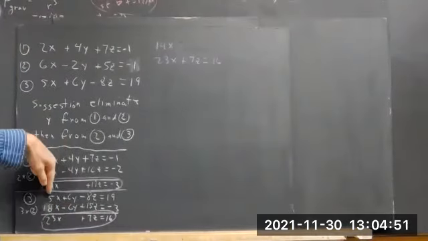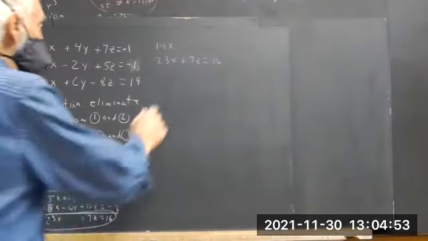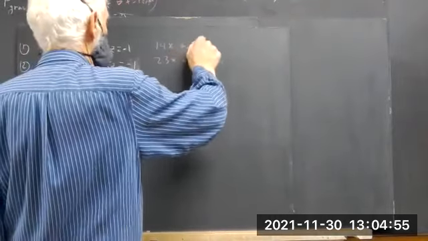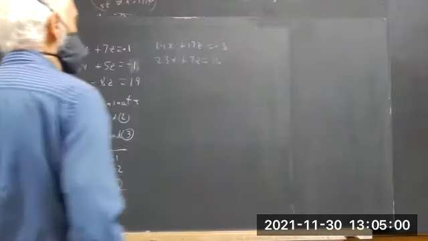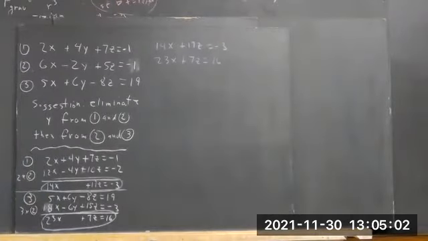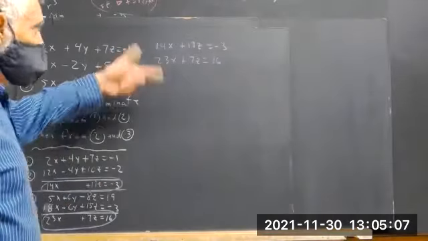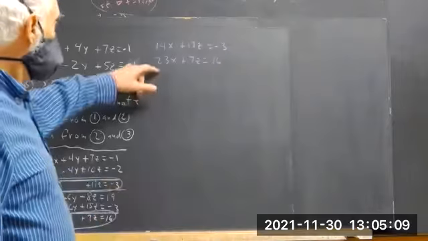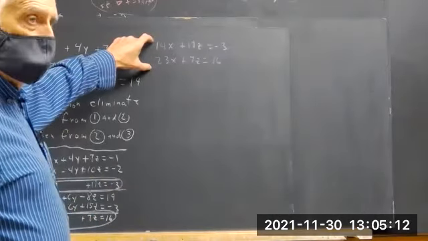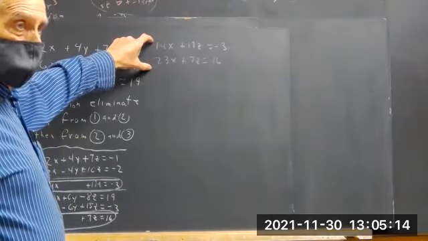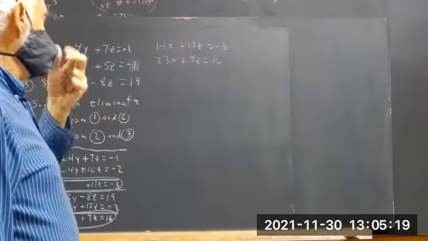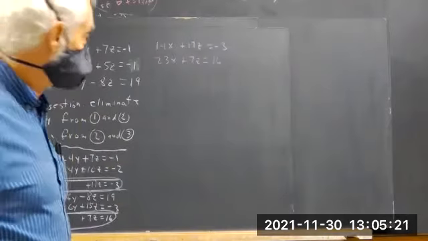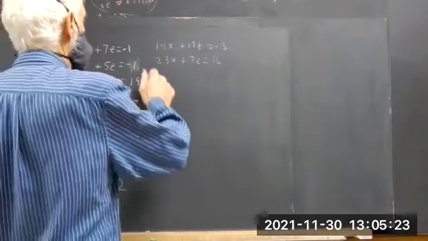Okay, 14x plus 17z equals -3. Okay, I believe I've got them right now. So now we've got to eliminate one of these variables, and it's messy because the 14 and the 23 are relatively prime, and the 17 and the 7 are relatively prime. Choosing the lesser of two evils, we multiply